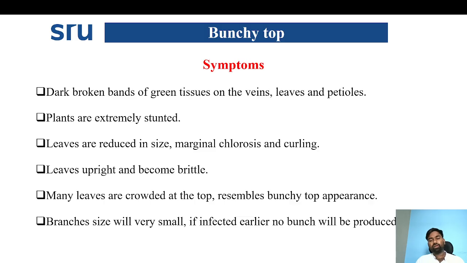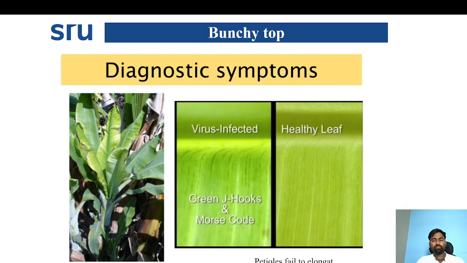Many leaves are crowded at the top and resemble a bunchy top appearance. Bunches are very small in size. If infected early, no bunch formation will occur. So in this picture, you can see formation of marginal chlorosis and curling of the leaves, a completely bunchy appearance, and